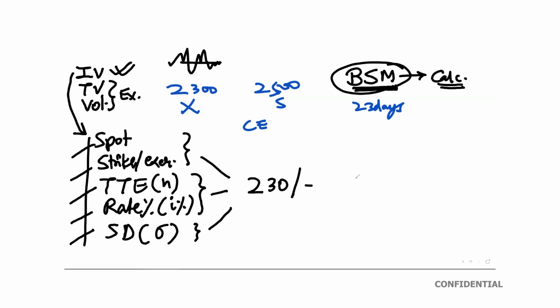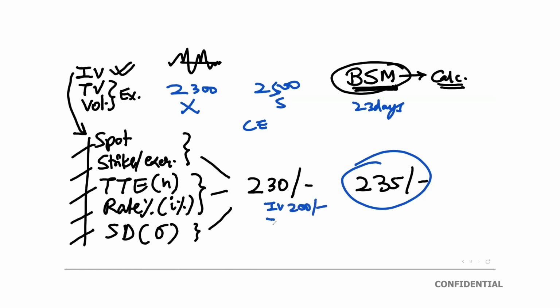But the actual market price is 235. What does it mean? It means that as per the given situation, see, is there any ambiguity in the intrinsic value here? No. Everyone knows the intrinsic value is 200. Everyone knows that the time value can be calculated by a simple mathematical formula and there is no uncertainty about it, because the number of days is 23 and the interest rate or risk-free return of a country is also known at any point of time.